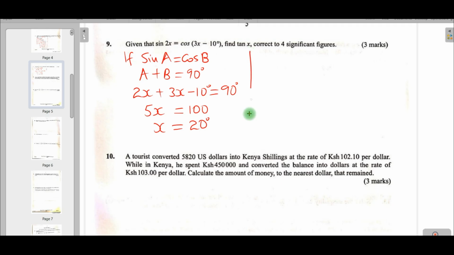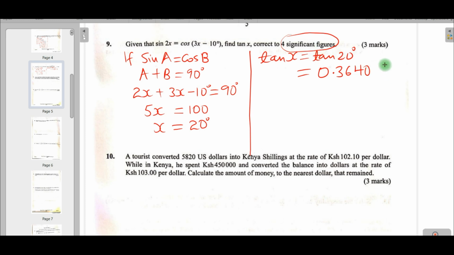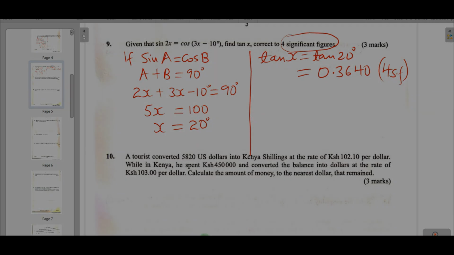And the question is, we find tan x. x is 20, and therefore we need to find tan 20 degrees. Using a calculator, and we give the answer to 4 significant figures, that will be 0.3640, and that is to 4 significant figures. We move on to